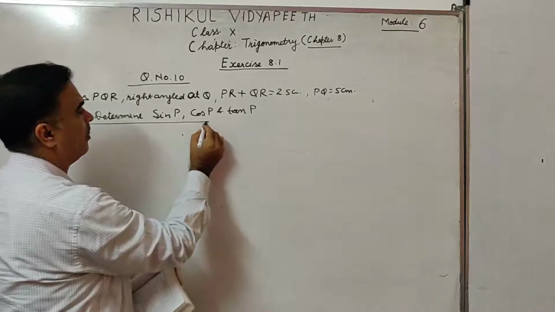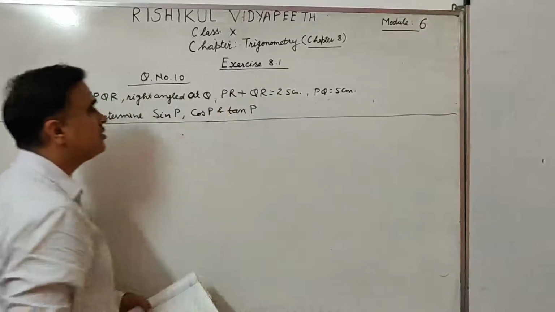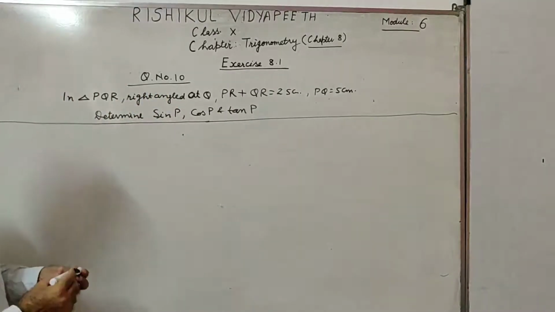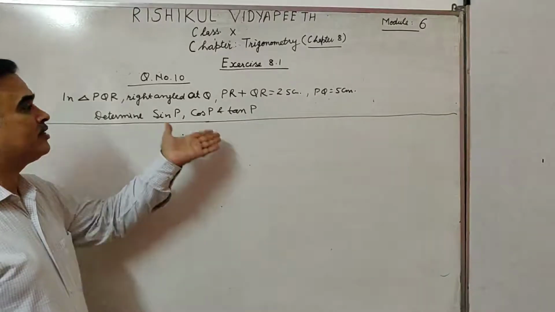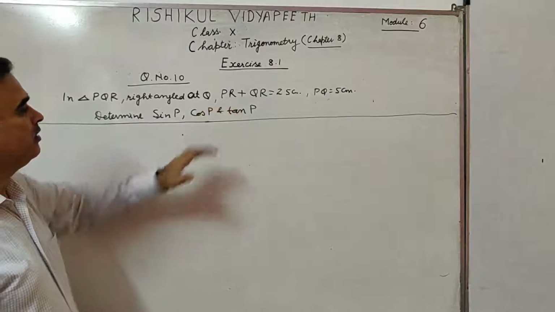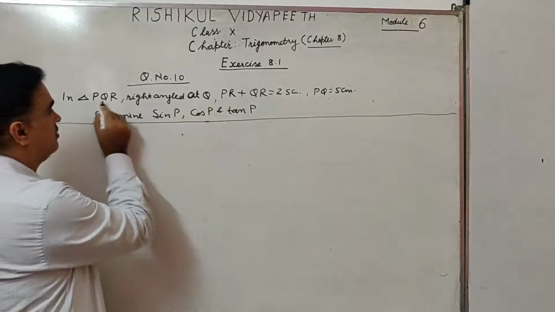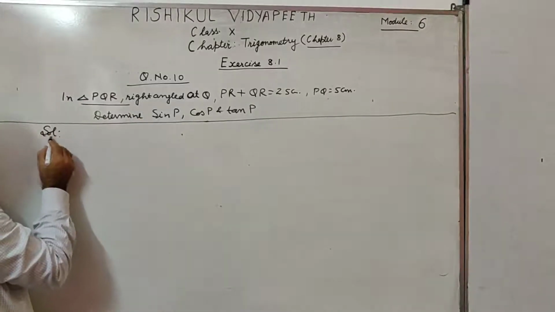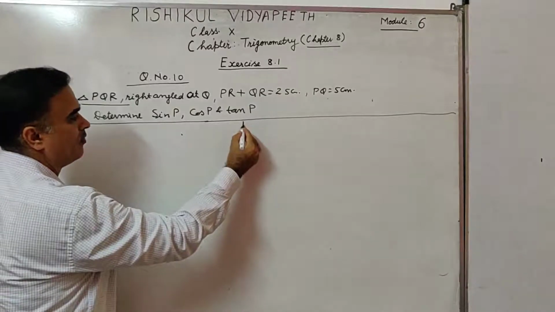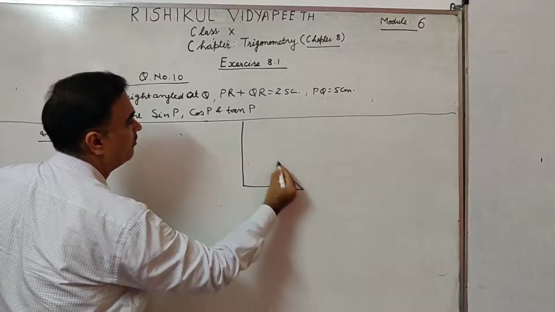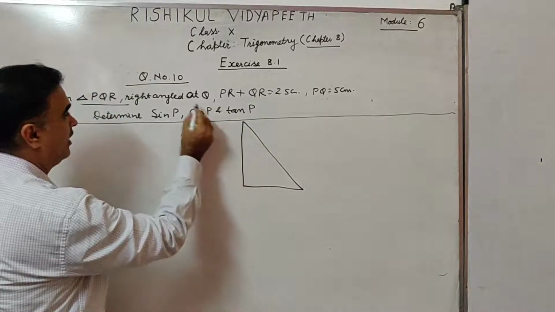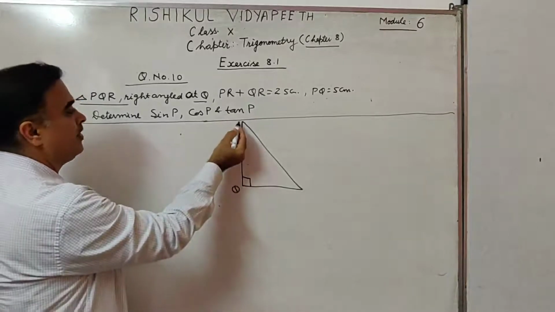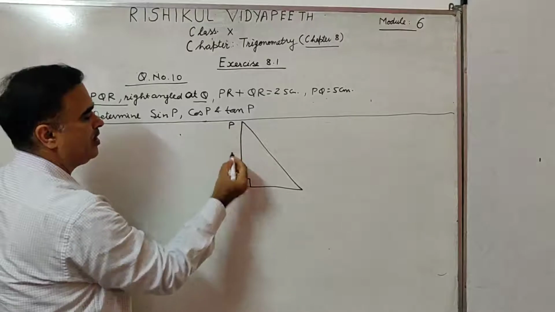In the questions which have been discussed before this question, you know that you were given one T ratio, but here what has been given, this is a right triangle. The solution, you know, you make a right triangle. This is a right triangle. Right angled at Q, then you have to write Q here, and it is up to you. You can put P here or here, or you can take P, Q or R.